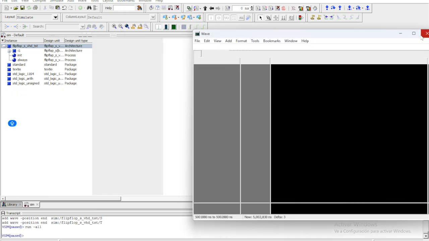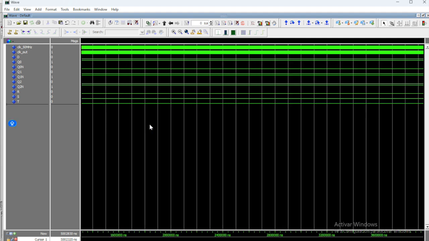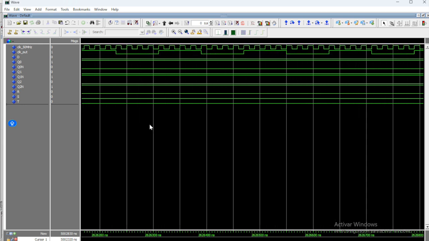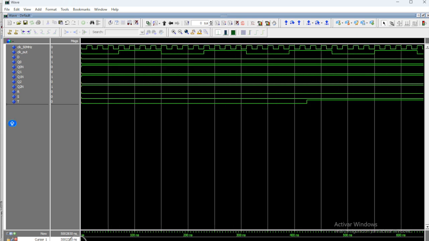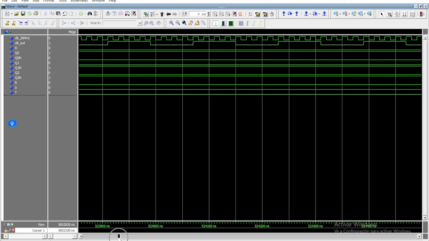We're going to detach it to see it in a better way. Okay, so this is the result for the signals. Let me show you in a better way. So this is the wave view for all our signals. Now we're going to simulate in the